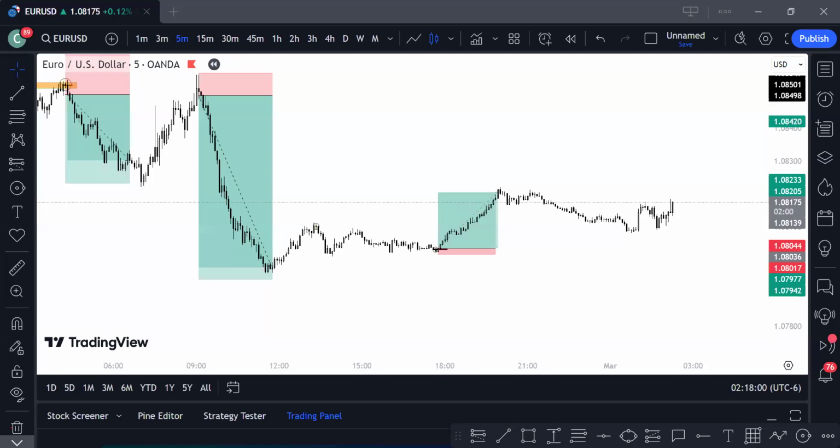All right, so let's go to the daily time frame. Remember, top-down analysis is key. If you trade chart patterns, you see this. This is what we call an inverse head and shoulders, which means price is likely to go to the upside. This is your head, this is your left shoulder, this is your right shoulder, and this is the neckline.